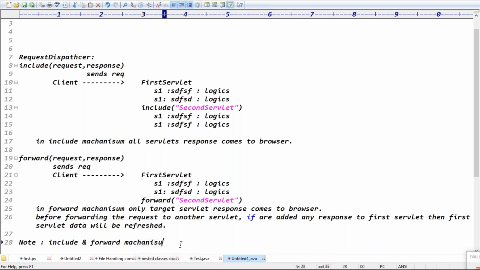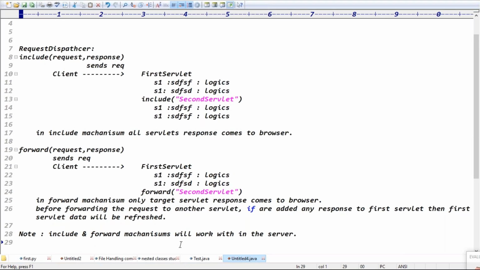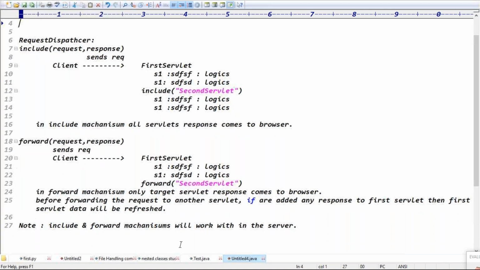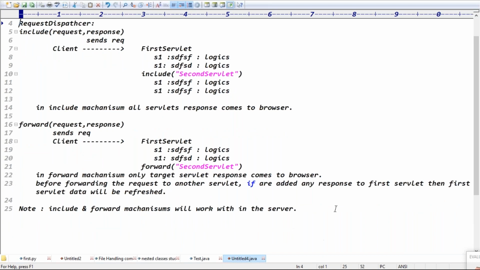Include and forward mechanisms work within the server only, not outside the server. That is include versus forward mechanism.